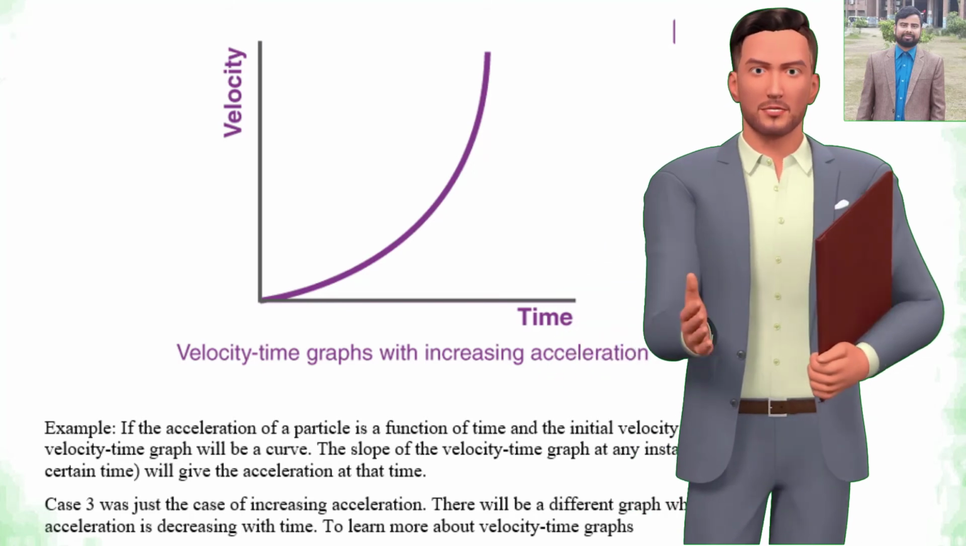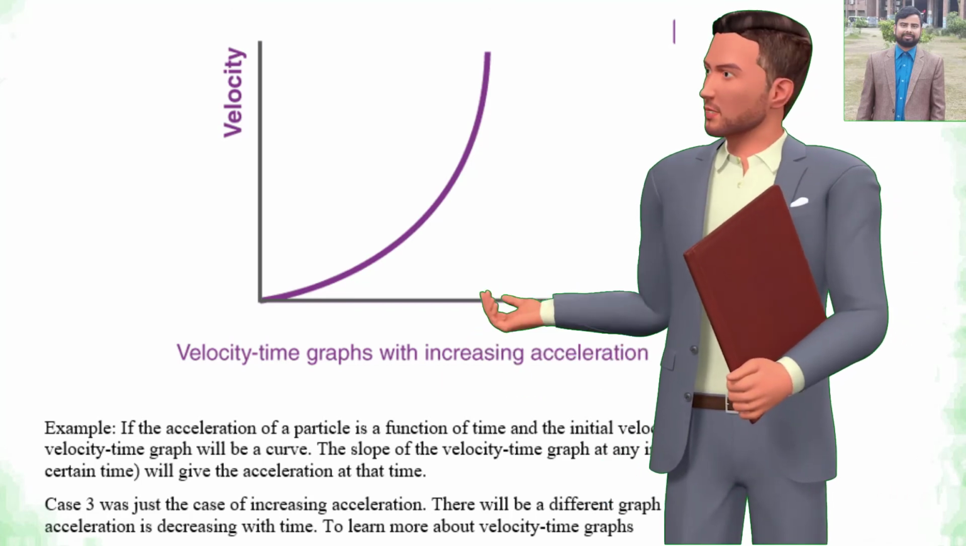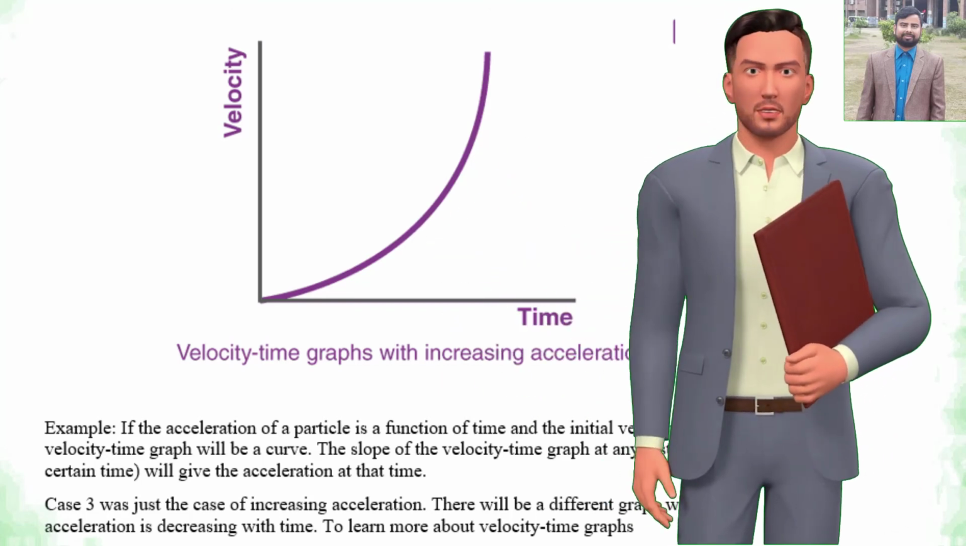Case 3 was just the case of increasing acceleration. There will be a different graph when the acceleration is decreasing with time. To learn more about velocity-time graphs,